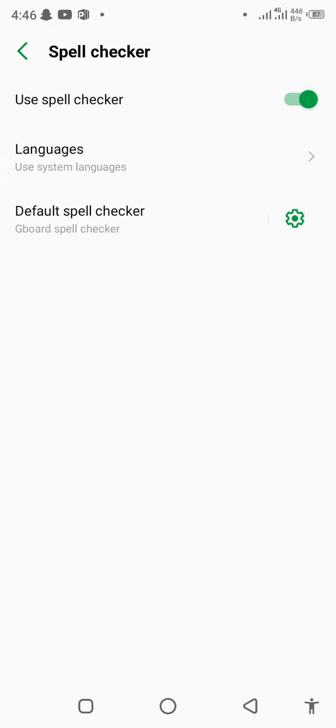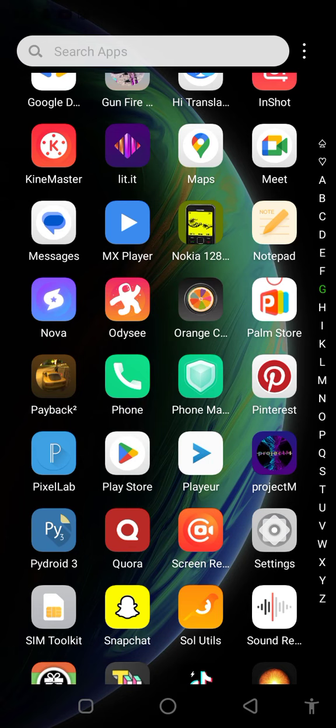After tapping on it, you can see use spell checker, and as you can see, it has been enabled. But in this video we are going to learn how to disable it. So if you want to disable it, this is what you have to do. Just tap over here and it's going to be disabled. So this is how to disable spell check